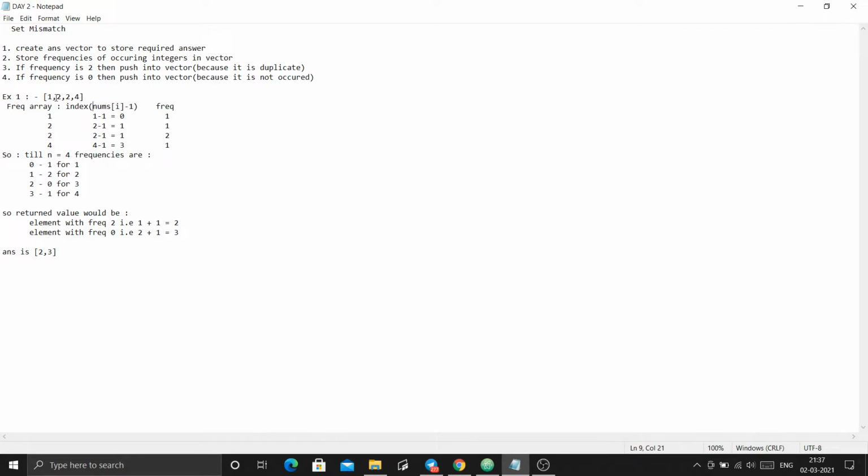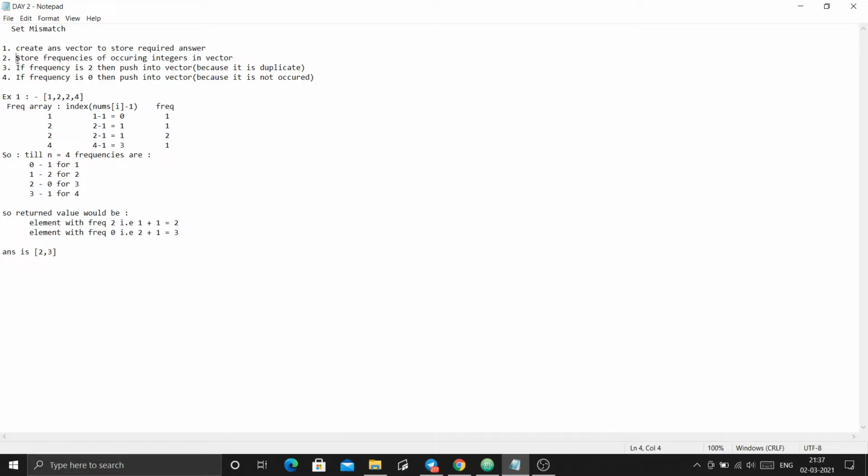At index 0, the frequency would be 1, because 1 appeared one time. If I talk about the second element 2, this is the element, and this is the index, as it will appear at index 1 of the created frequency array.